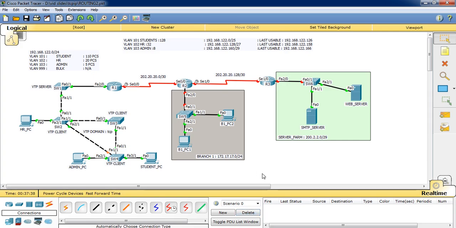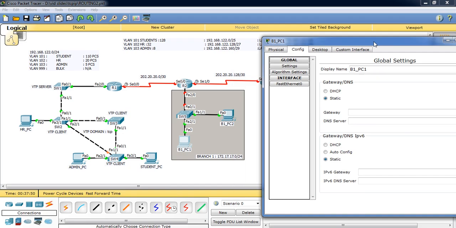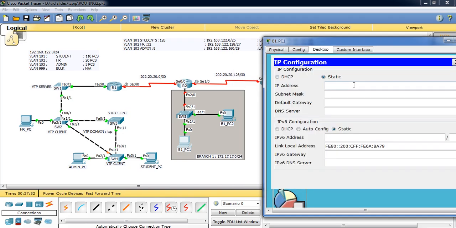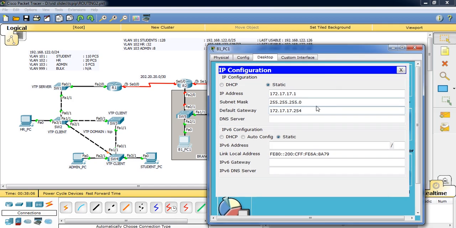Okay, so let's go ahead with the other configuration very quickly. I'm going to start configuring branch 1 because my head office configurations are correct, and it's done. Let's go to branch 1. It's very easy, there's nothing to configure, no VLANs. So I'm going to straight away assign the IPs for branch PC1. The given IP block is 172.17.17.0/24. I'm going to use the first usable, which is 1, and the mask is 255.255.255.0. The last usable will be used for the default gateway. Last usable of this block will be 254 because it's a /24 network,